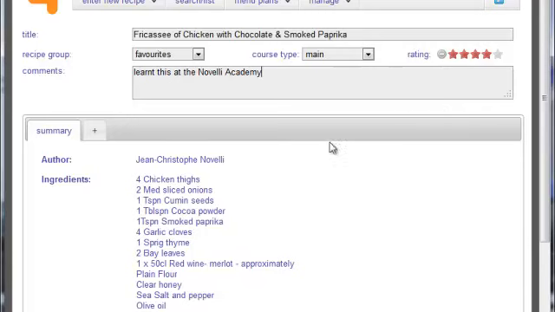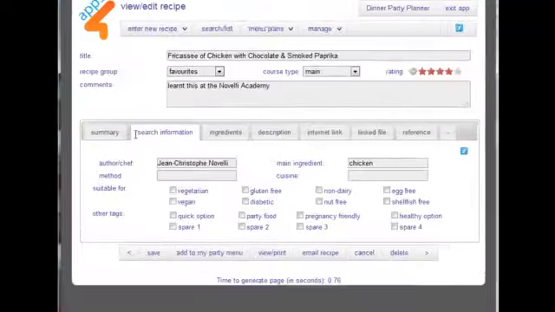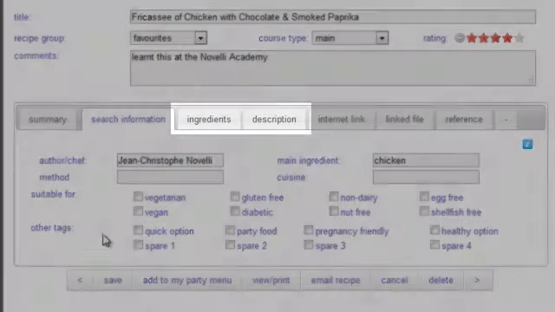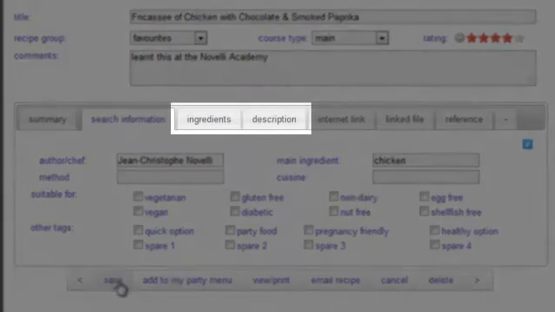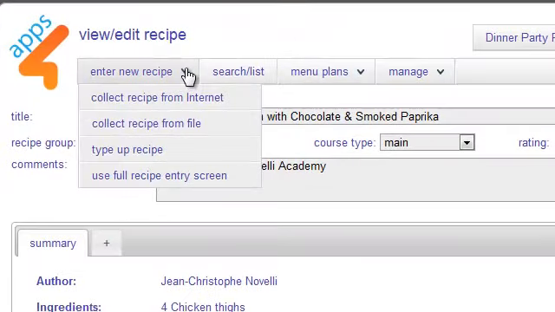If we want to, we can assign much more information by clicking the other tabs here, including additional search terms, and there are also areas for you to type your own ingredients and a description of the method that you use. There are other ways of getting recipes into the recipe holder, including capturing a file from your device or